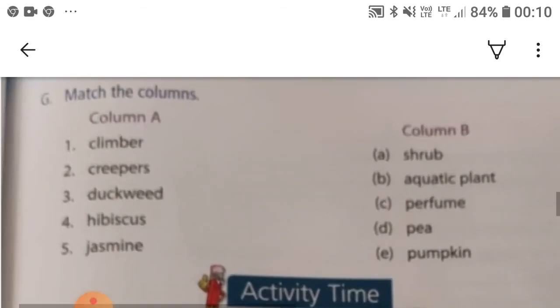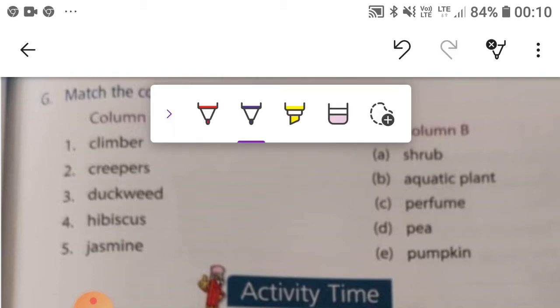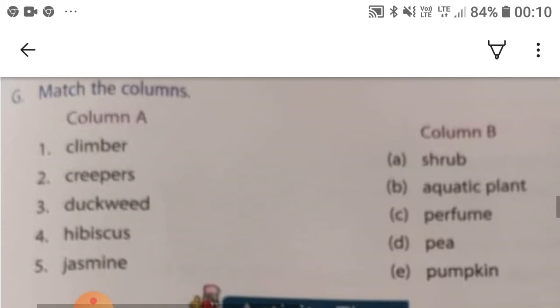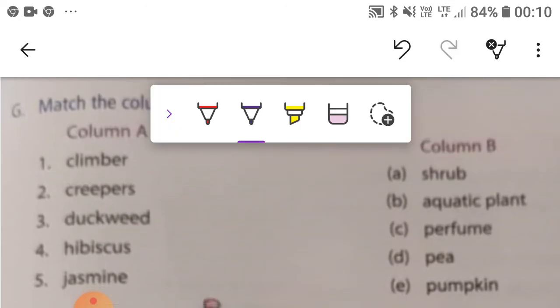So climber. For climber, we can match climber to P because P is an example of climber plants.